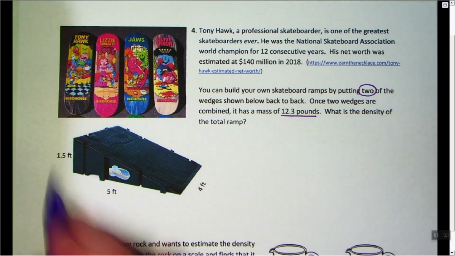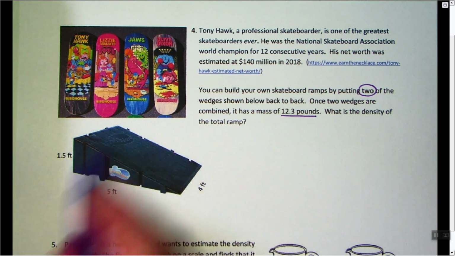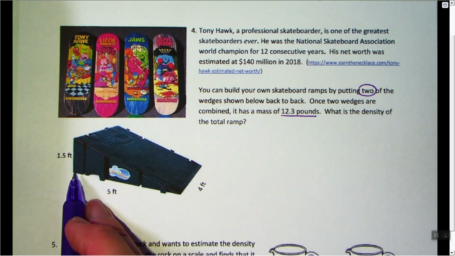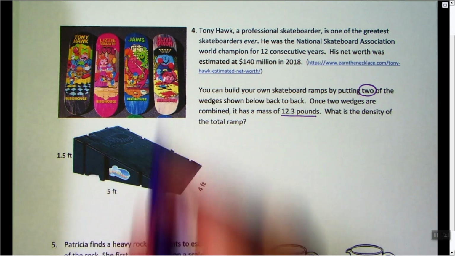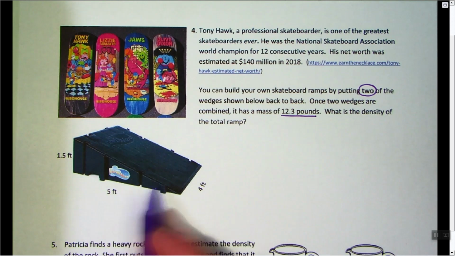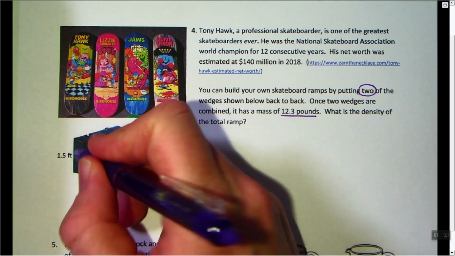Now looking at this, you may say, well, it's a ramp, and you might think about the bottom rectangle as the base, and no, it's not the base. This is a triangular prism. You can't really think of it as a pyramid with a rectangular base. You can't think of it like a prism. Really, you have to think about